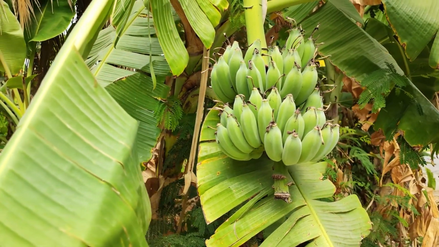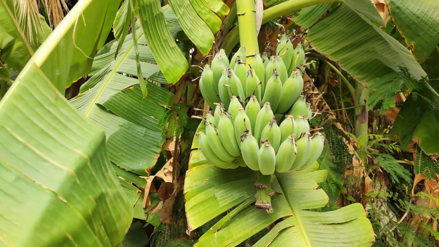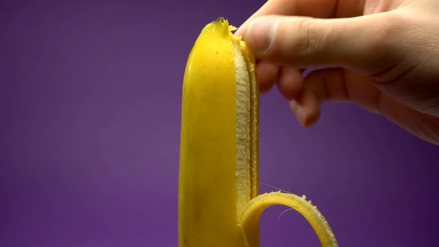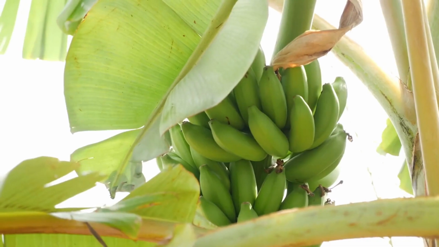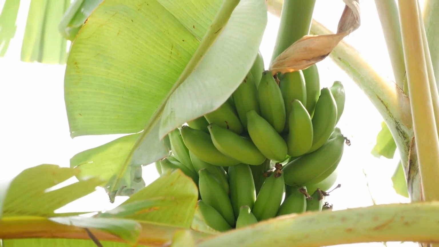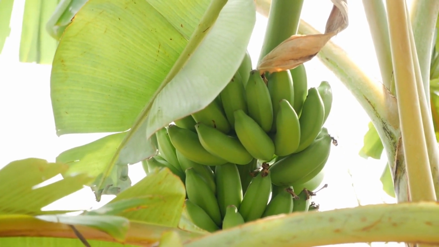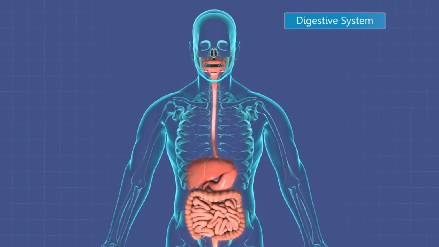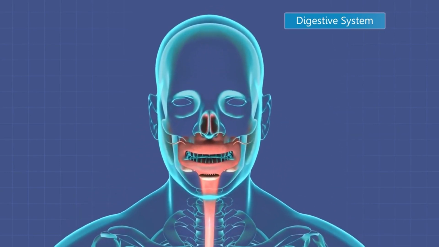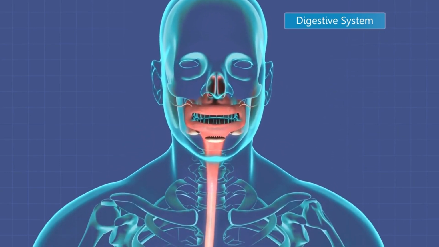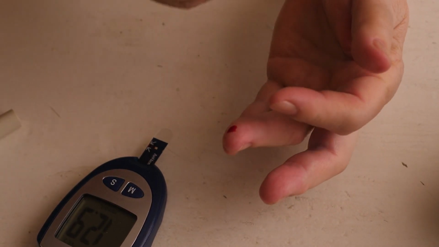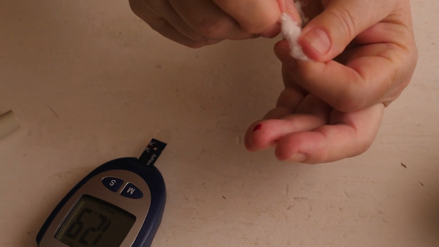Green, unripe bananas contain resistant starch. The amount of this type of carbs in a banana varies depending on the ripeness. Green, or unripe, bananas contain less sugar and more resistant starch. Resistant starches are long chains of glucose, starch, that are resistant to digestion in the upper part of your digestive system. This means they function similarly to fiber and won't cause a rise in blood sugar levels.